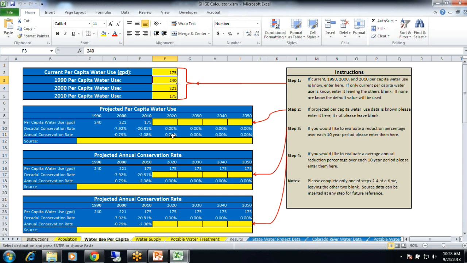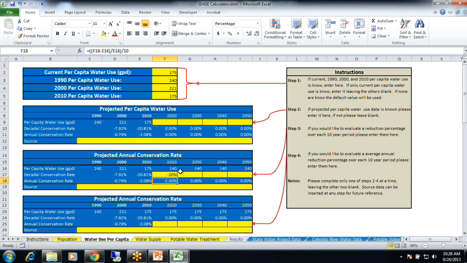How you can do that is, well, hold on, let me explain a little bit here. In projected per capita water use right here, you can actually say if I want to get down to a certain level, like say my goal in 2020 is to be at 160, you can put that in here. And you can continue over and go, okay, now I want to get to 145. You can use it that way. But most people don't know the exact numbers they want to get to. They know their percentages. So by 2020, we want to have a reduction. So reduce it by 20%.